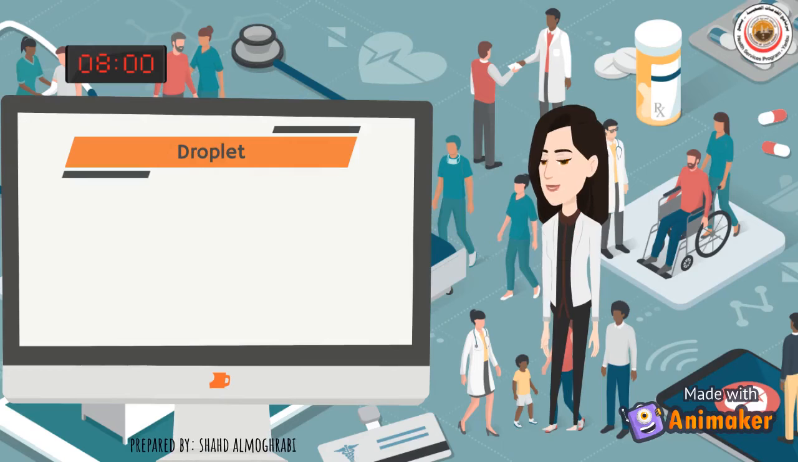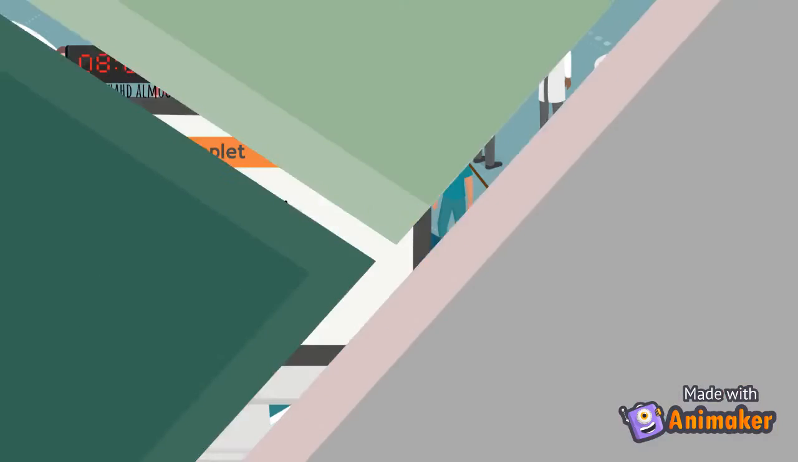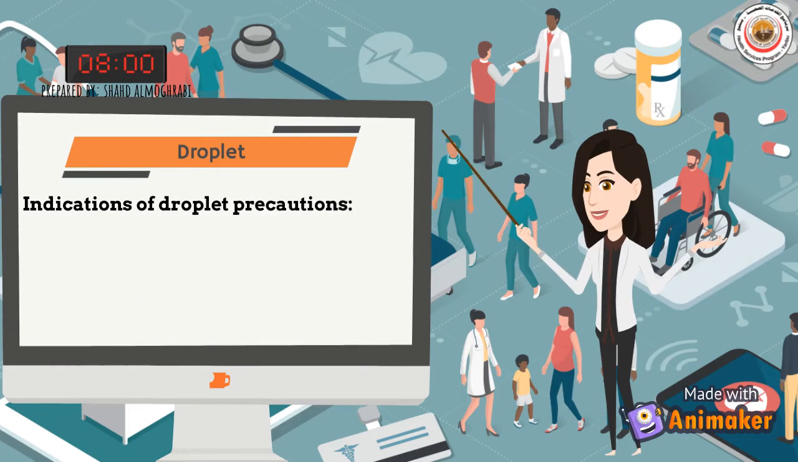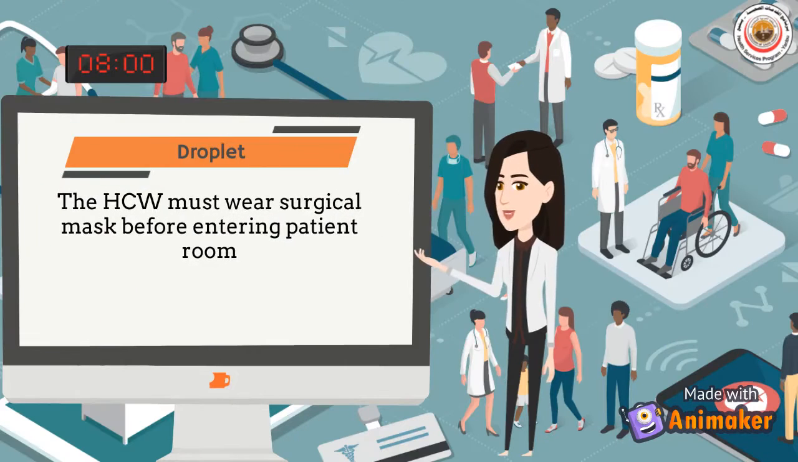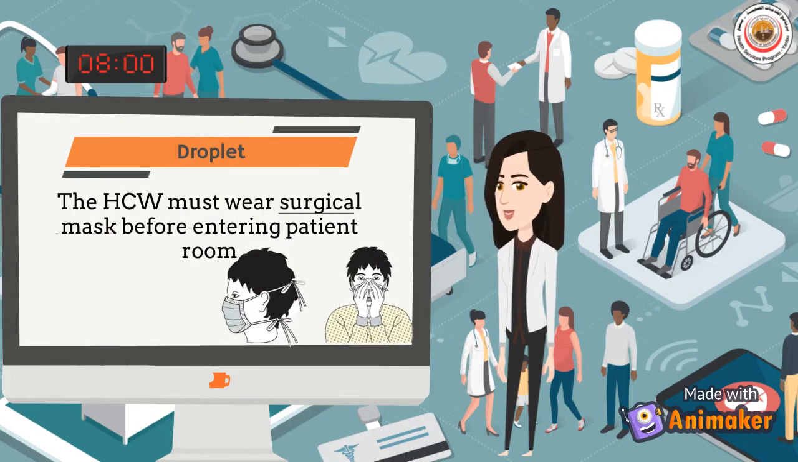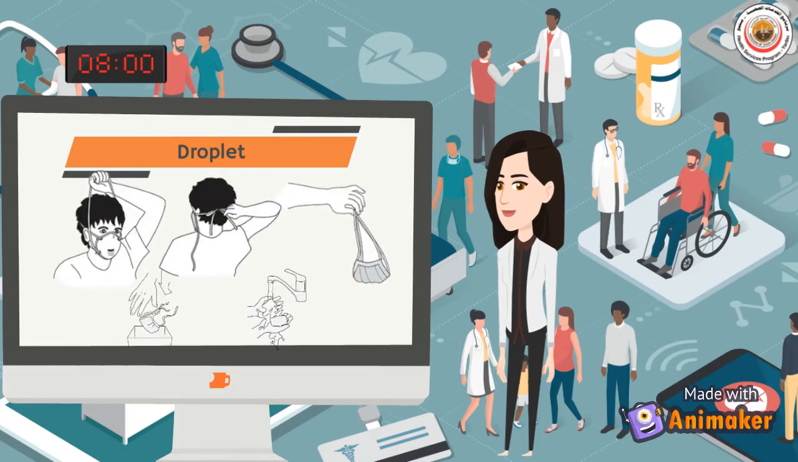PPE for droplet precaution is surgical mask. Other PPE if needed. Indications of droplet precautions: care of suspected or confirmed patient with droplet transmitted disease, for example, influenza, Haemophilus meningitis, Neisseria meningitis, mumps, pertussis, plague, rubella, Ebola, MERS-CoV, COVID-19. The healthcare worker must wear surgical mask before entering the patient room and remove it after